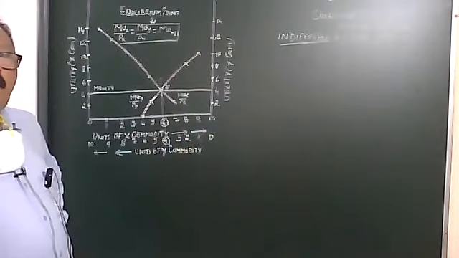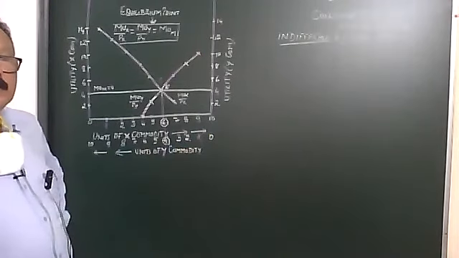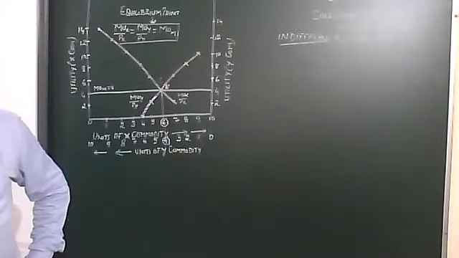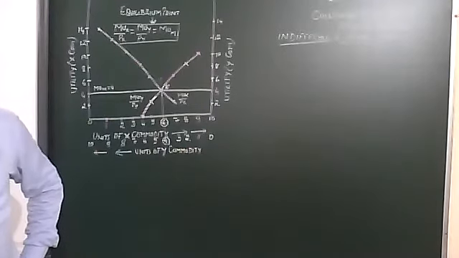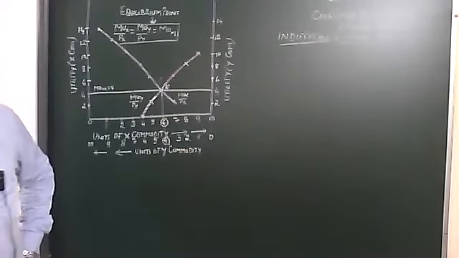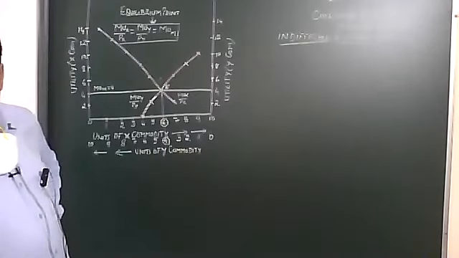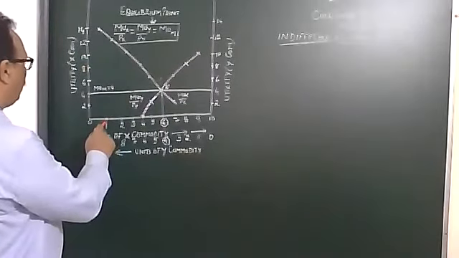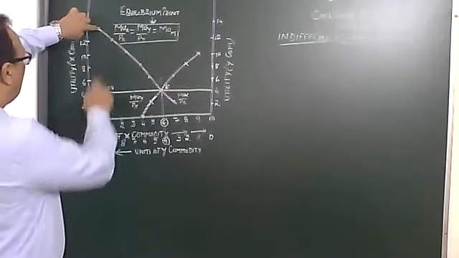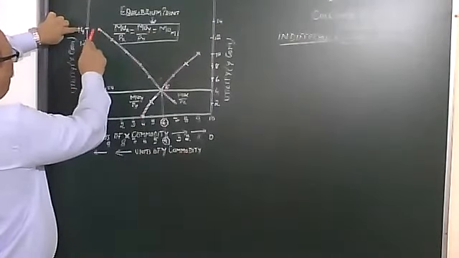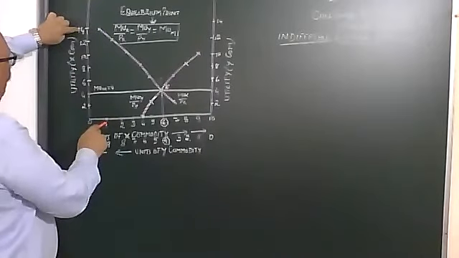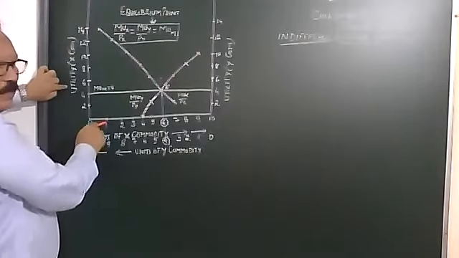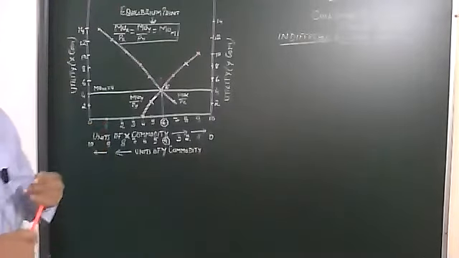Now, how do we plot in this sort of a diagram? Simple. Look into the schedule of yesterday's. On the first unit, MUX, the utils was 14. So look here, children. First unit 14. With the scale, put a dot or a cross over here. Okay, 1 is 14. What are we plotting? The X commodity's utils, MUX.